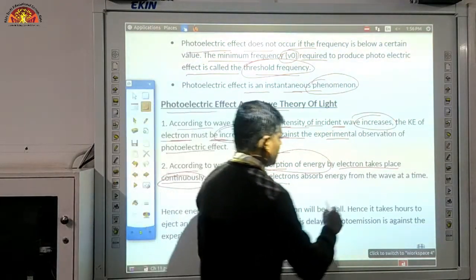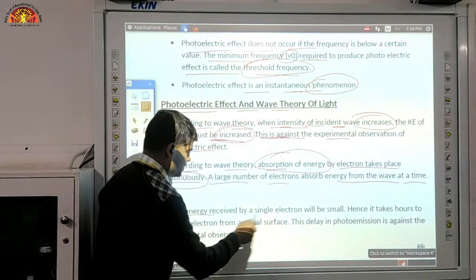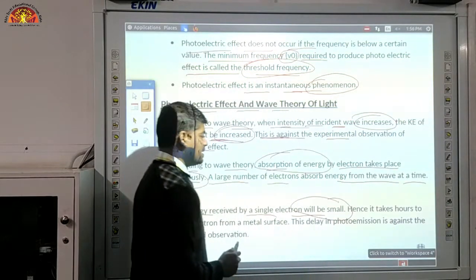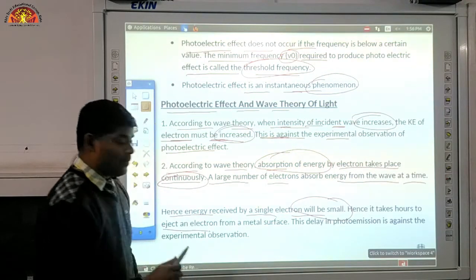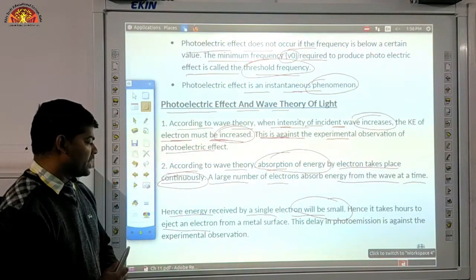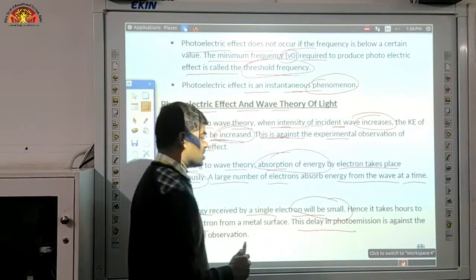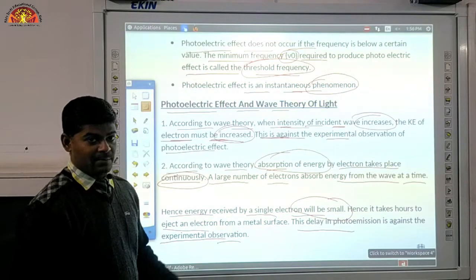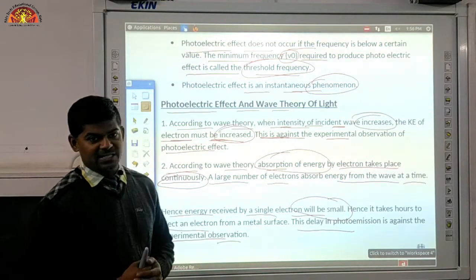energy from the wave at a time. Hence, the energy received by the single electron will be small, and hence it takes hours to eject an electron from a metal surface. बहुत टाइम लग जाता है इसको मेटल सरफेस से इलेक्ट्रॉन को इजेक्ट करने में। This delay photo emission is against the experimental observation. ओके, अब ये जो डिले फोटो एमिशन हो रहा है ये भी एक्सपेरिमेंटल ऑब्जर्वेशन के बिल्कुल अगेंस्ट में है।